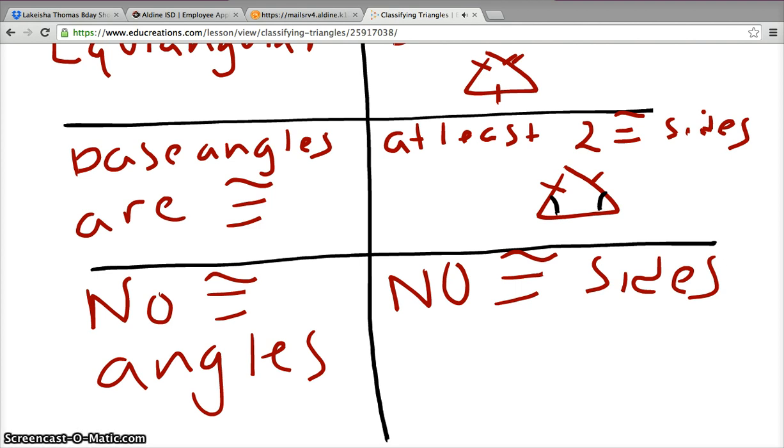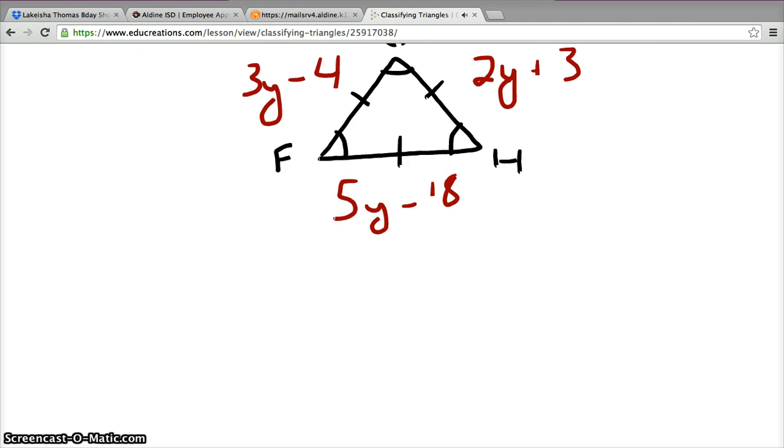Alright, we're going to do an example. We're going to do this example here. So go ahead and write it down. Press pause if you need to. It says find the lengths of the sides of this equilateral triangle. So realize that all the sides are equal, but I only need two sides to set up an equation. So I'm going to just do